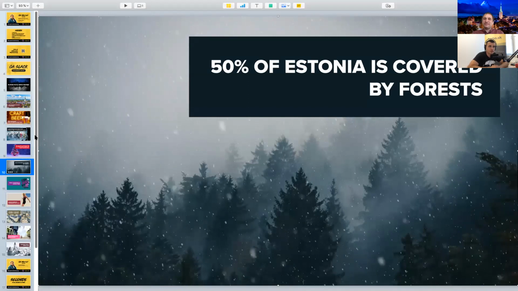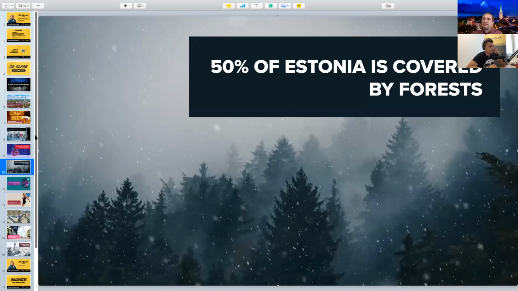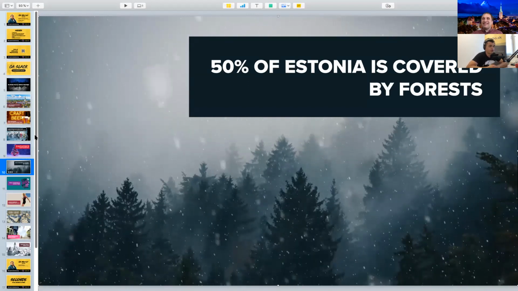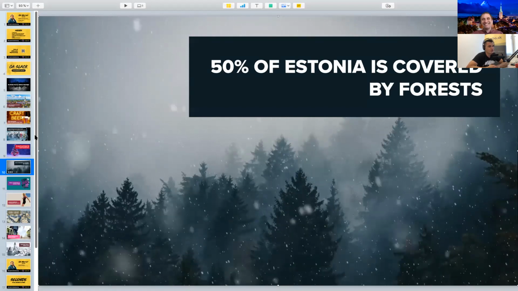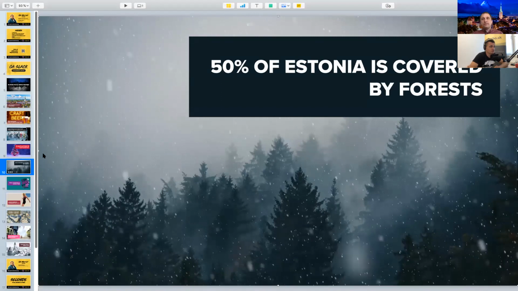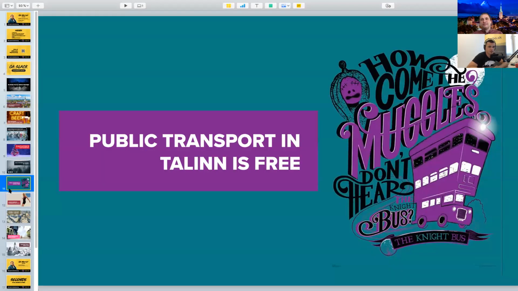50% of Estonia is covered by forests. So if you have 50% of a country covered by forest, you should have it somehow automated. And that's kind of a cool thing to have. 50% of the whole country is covered by forests. But if you don't live in a forest and you live in Tallinn,